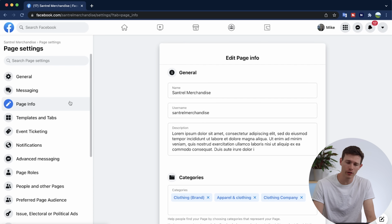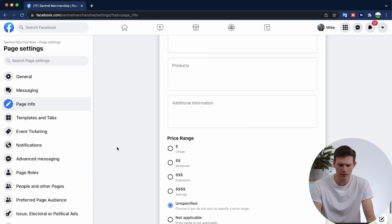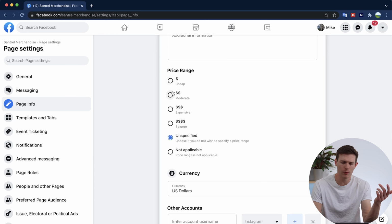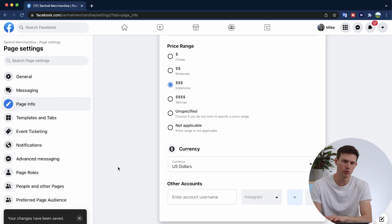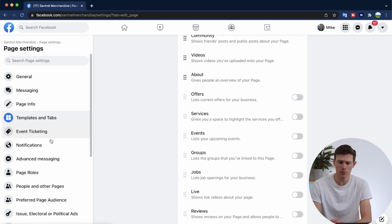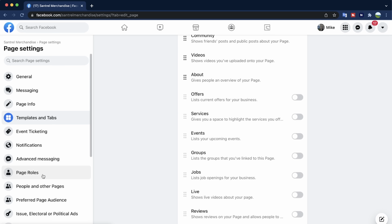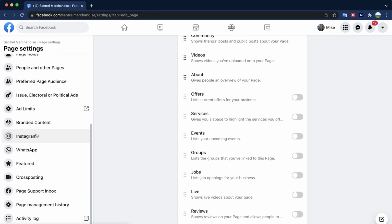Continuing on with this tutorial, page info, we already really did a lot of that already. There's not much more I want to add on here. We can look at our price range. So I'm going to say right now we're moderately, maybe a little bit expensive on our price. That way people know when they see that. And we can go down to templates and tabs. We already edited the tabs, so that's not going to be a problem. We don't have to worry about ticketing, notifications, advanced messaging. There's some more stuff on here that you really should be reading through,